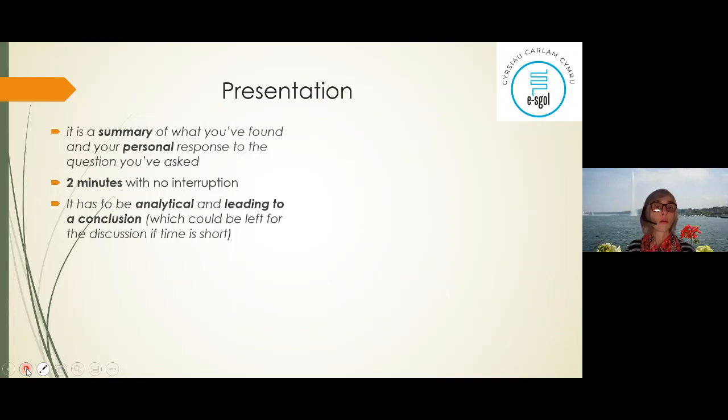What are your conclusions? Quelles sont vos conclusions sur vos recherches? If you leave it out, I'm pretty sure the question will be asked. So do not rush during your presentation. I know I said 2 minutes and now I'm saying do not rush. In fact, if you don't rush, you last the time you need to last, and it's easier for the examiner to understand what you're talking about.